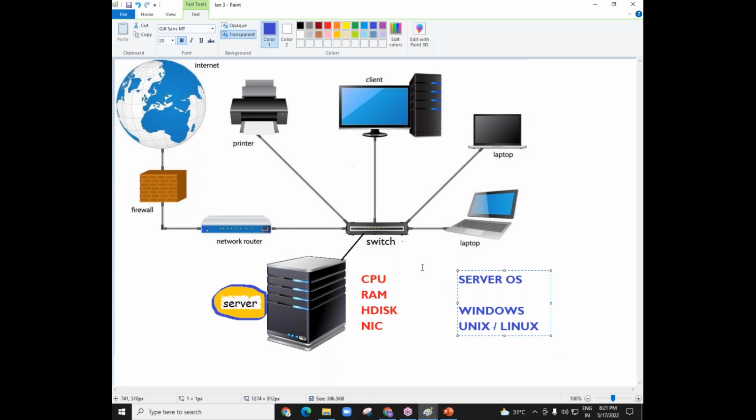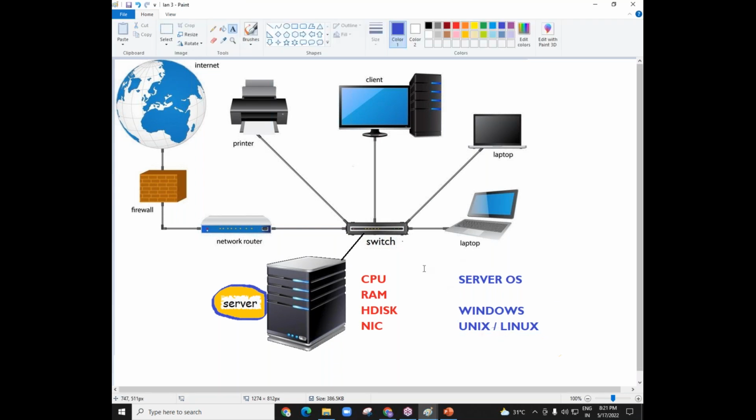So server is two things. One server is your hardware machine, one server is your operating system. So what is the one server here? The CPU, the RAM, the hard disk, the NIC card. This is one server. And the other one, like I said, is the server operating system. The combination of server hardware and server operating system is your server machine. Okay, it is your server machine. Now,